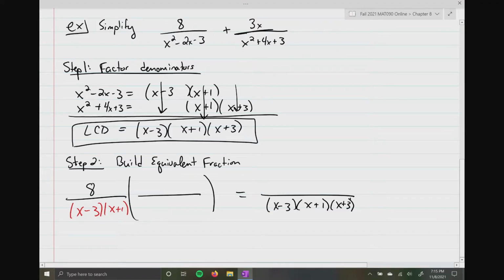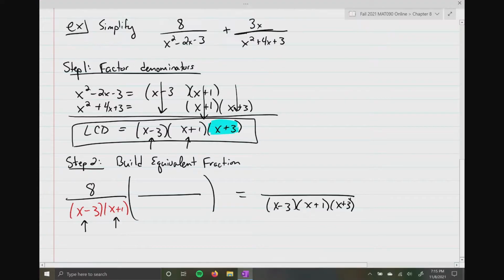Because if you compare, notice you have an x minus 3, and the LCD already has an x minus 3, so you don't need it. You also have an x plus 1, and the LCD already has an x plus 1. The only thing that you don't have is this x plus 3. So what I'm going to do